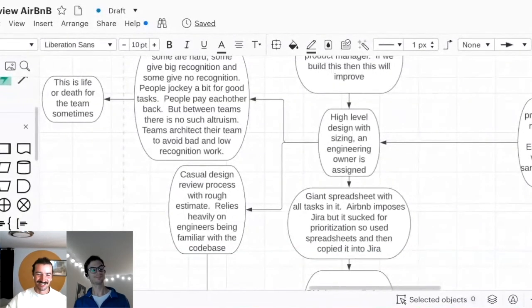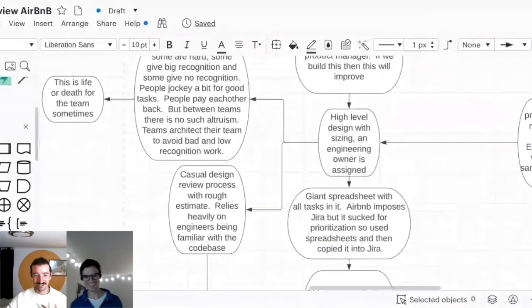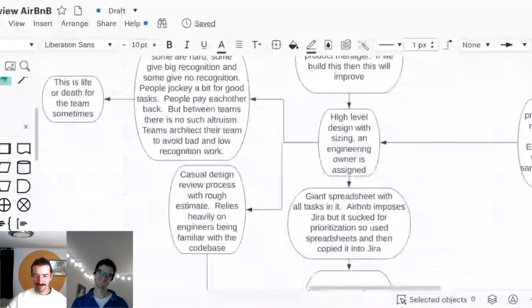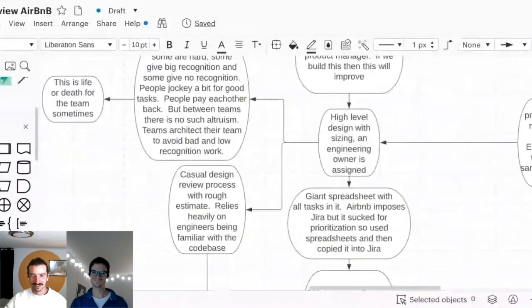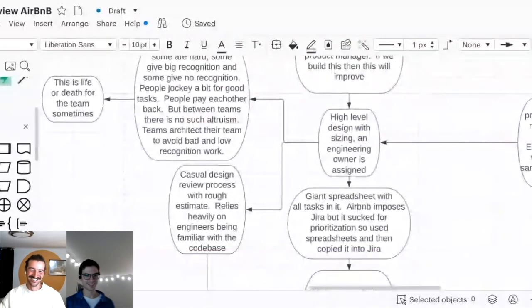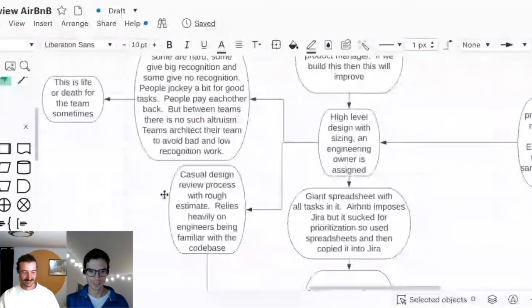So my first project on payments, never having read or written a single line of code on the Airbnb payment system, was to write a 15-page design document about how we should redo all of it, having contributed zero. That was a very, very intense project for me. I read so much code and got absolutely destroyed in a bunch of meetings, very publicly. But it did make me a better engineer, so I was happy about that. That was very hard and a good example of a non-casual design process. Yeah, that sounds very non-casual. Okay, I'll say sometimes casual.